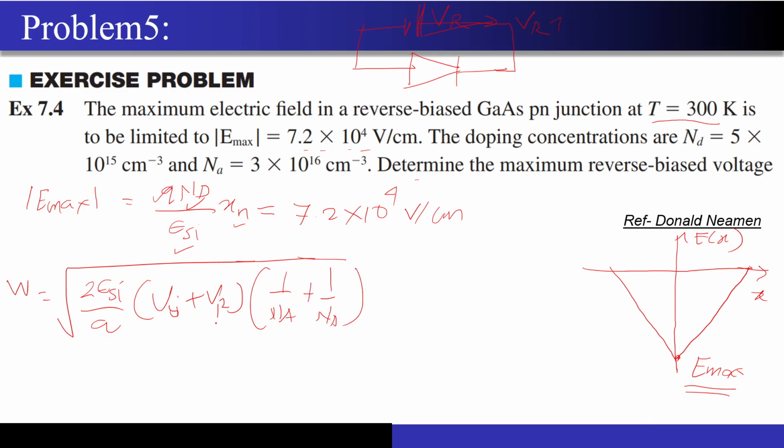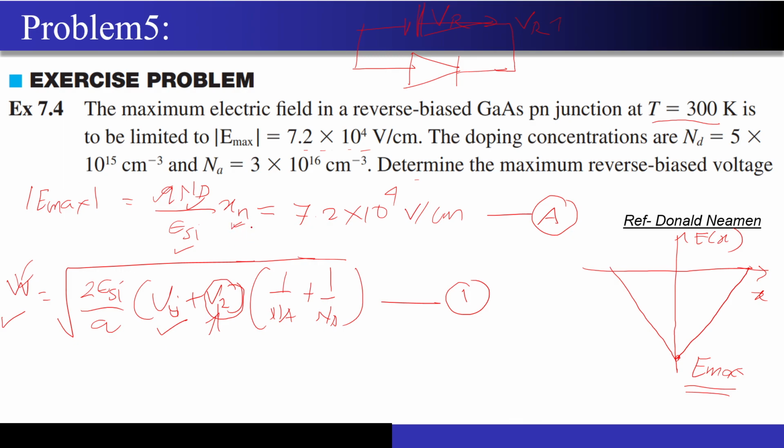Now to find out this value of VR over here, I have to know each and every other thing, right? I want to know the value of W, I want to know the value of VBI. These are the two unknowns present in this equation number 1, right? And so let me highlight this as equation number A. So whatever we are trying to do, we are trying to find out the width of the depletion region and this built-in potential, right? Now in the equation number A, you can see that everything is known except the value of Xn.